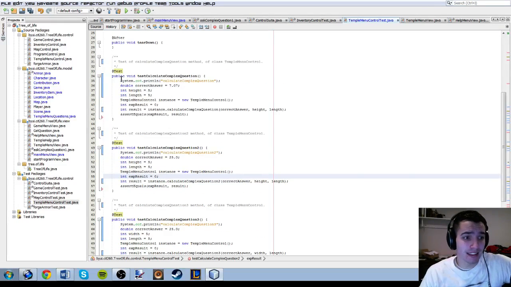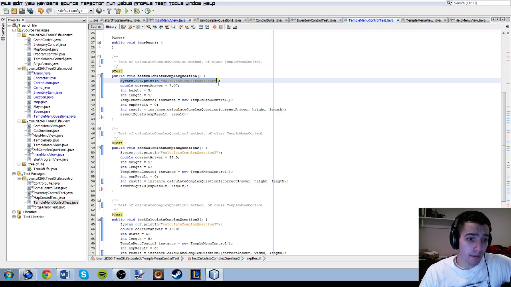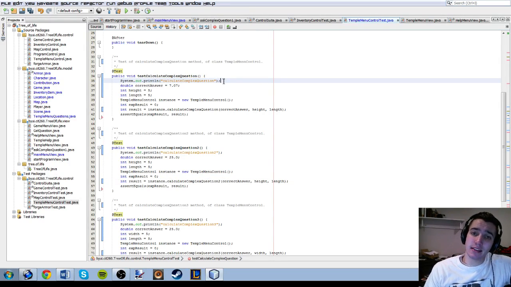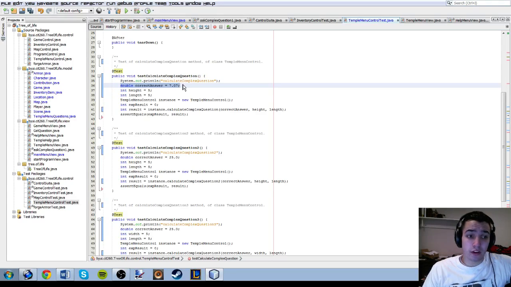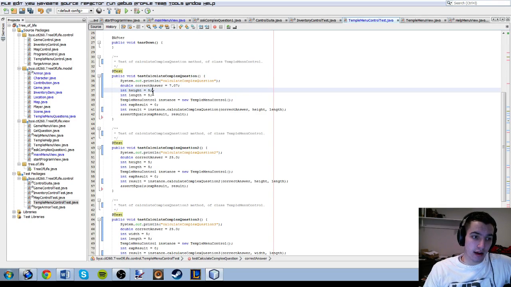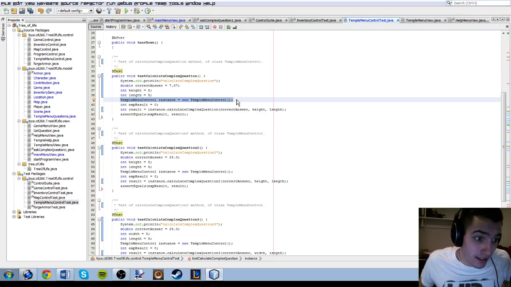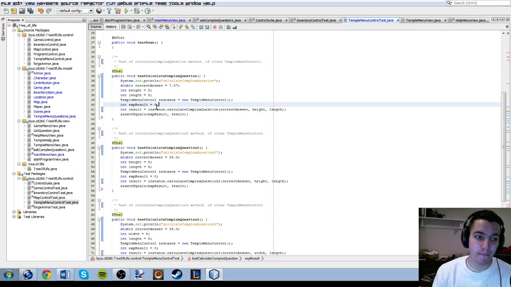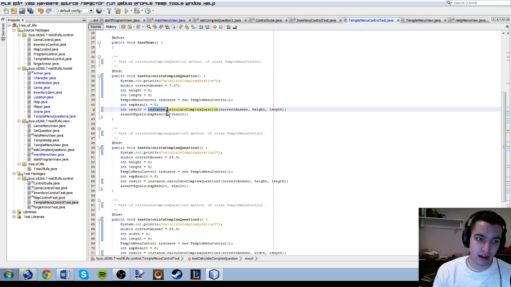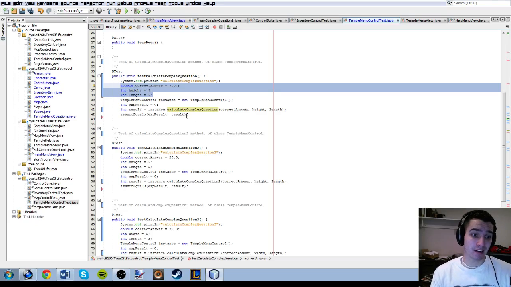basically what this does is it prints the line. This is the calculate complex question. So it's saying, hey, this is the test I'm going to run. It creates a double for the correct answer, which should be the correct answer, int height length 5. It runs this, creates a new instance of that, and then the expected result. So what am I expecting to get back when I run the instance.calculate complex question, passing in all 3 of these values? So what do I get back versus what do I expect should